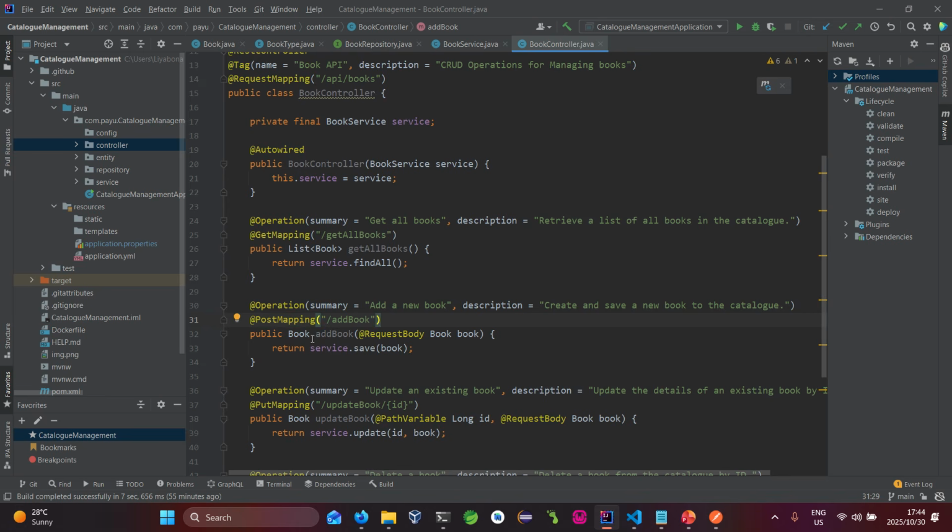Okay, so as I said, it takes what? It takes a request body of a book instance and saves that book instance to the overall book. Okay, same goes with this one, which is the